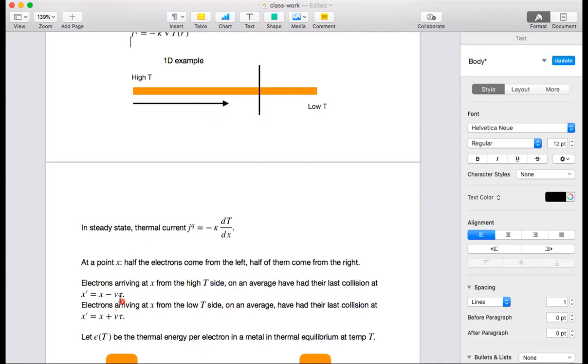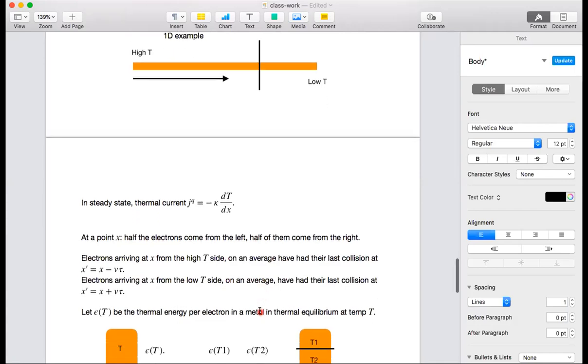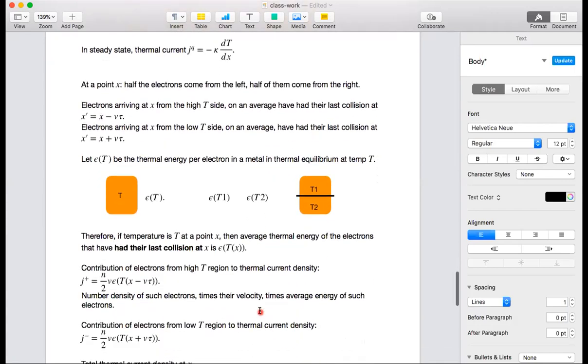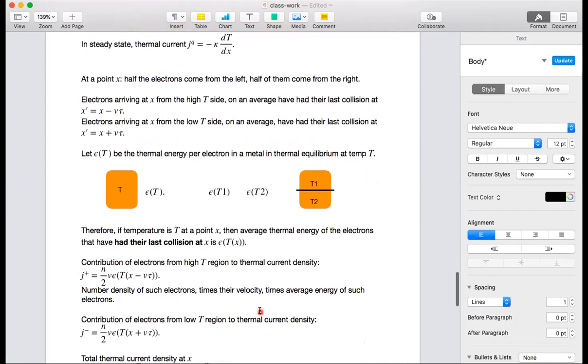And on the other hand, electrons arriving at x from the right, that is the low temperature side, on average have had their last collision at x plus v tau. Okay, these are again some very crude assumptions that are made to work things out. Now, having made those assumptions,